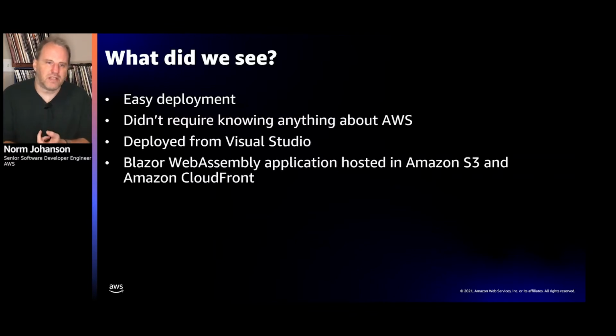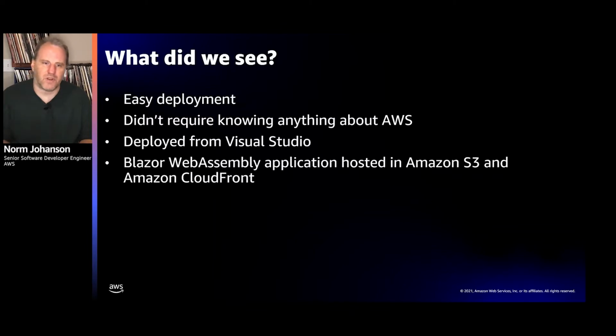Now, what we just saw here is we saw how we could do very easy deployments. Really, I could have just right-clicked, said, yep, I want to deploy it, and push publish. But we could see how we could also edit the changes and change things around. But it didn't take a lot of knowledge about AWS. Now, in this demo, we showed how we deployed our application from Visual Studio.